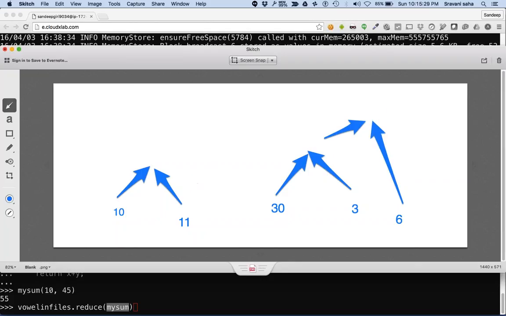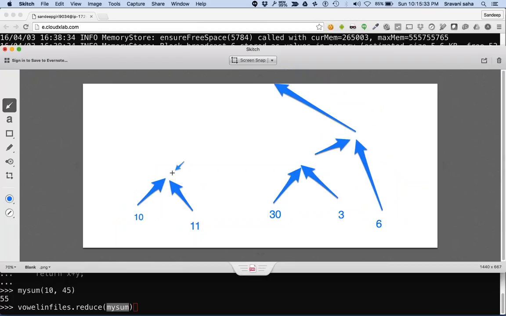Once that is done, those two values are summed. If I draw it, the same function is running here, here, here, and again here.